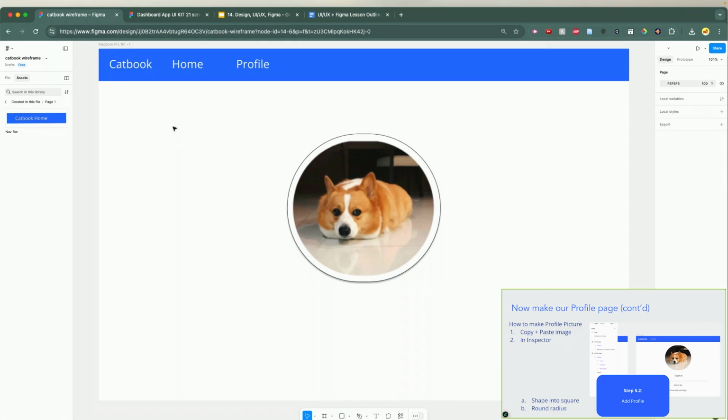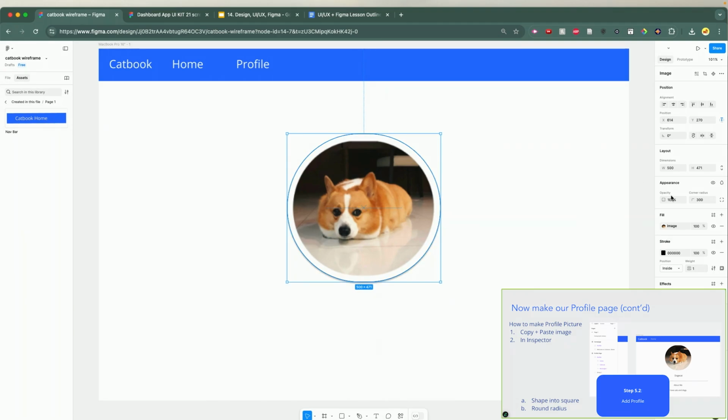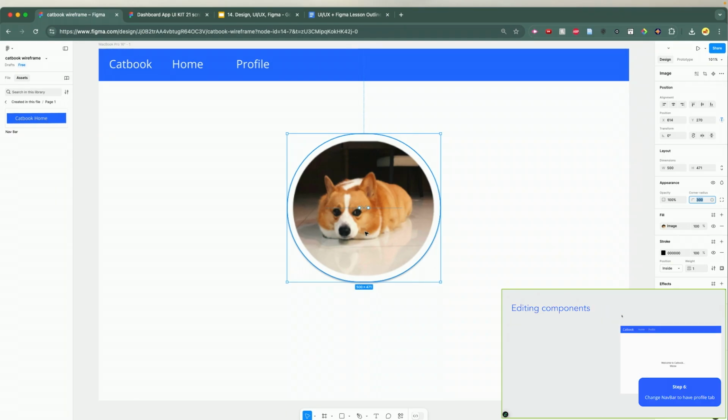And then this step is pretty intuitive as well. You're basically just copying and pasting images. You can shape things by going here and then you can change the radius. So this is how I made it rounded. You can review the slides more on your own time. But basically, when you edit components, when you edit the main instance, it's going to change all other